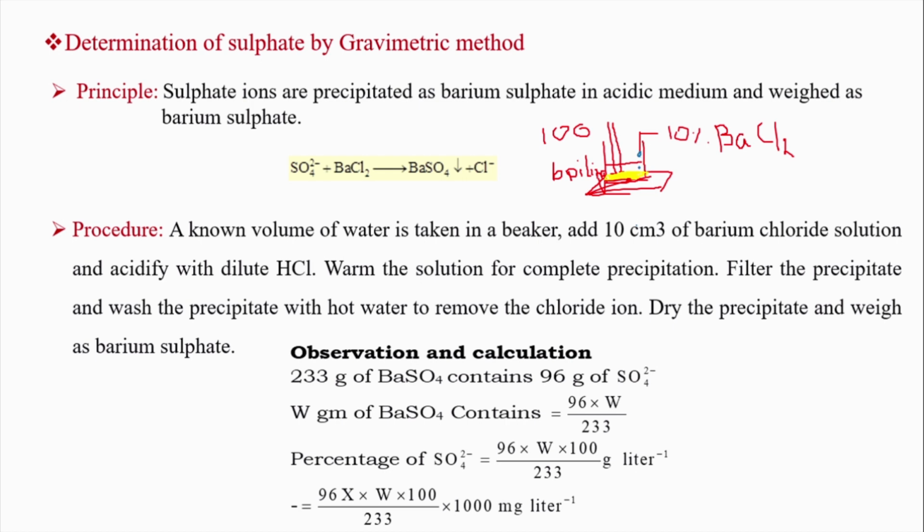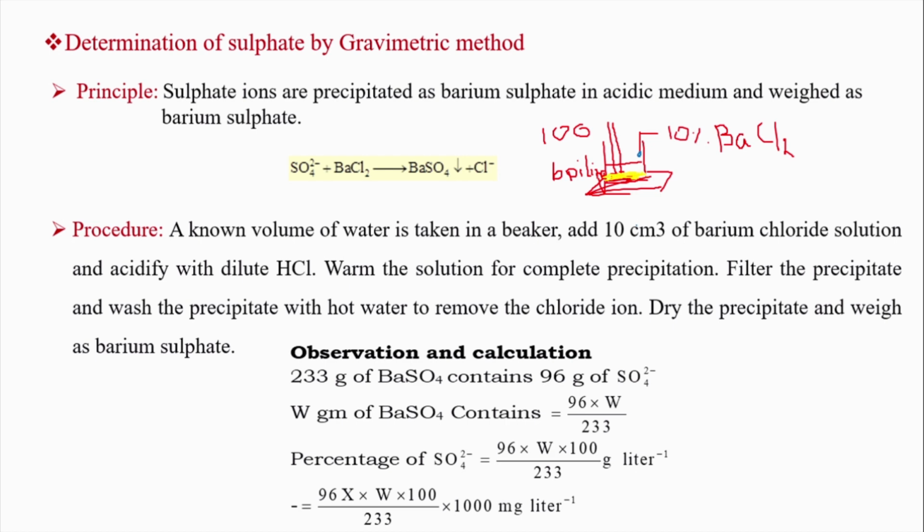Once the barium chloride is added, if it is once again forming a precipitate, it implies that it still has more sulfate ions. Like this, you have to keep on checking till the supernatant does not give any precipitate at all. Everything is precipitated as barium sulfate. No more sulfate ions are available in this supernatant solution. So everything is settled.